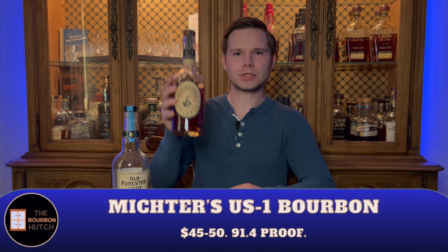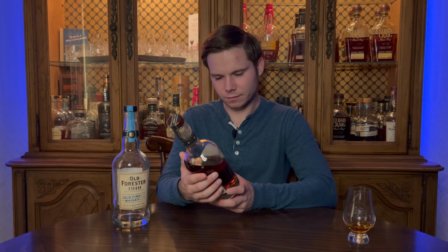All right, my next bottle on the list is one that's sweet and pretty much quintessential bourbon, and that is Michter's US1 Bourbon. So what helps here too is that it's lower proof. I believe this one is 91.4 proof. So not gonna really be aggressive in any way, very easy to sip on. I always get good sort of light brown sugar on this one, cherry, and a touch of spice, but certainly nothing overwhelming. For me, this is one that's grown on me over time as a very solid low proof bourbon